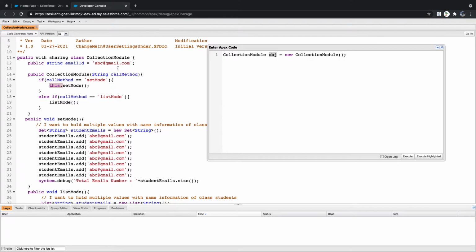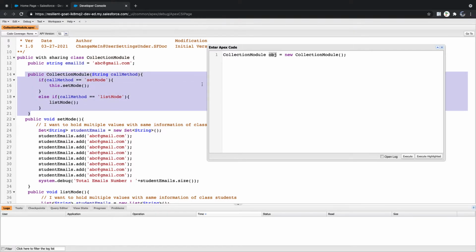While I'm calling, whether I have a default constructor, a no-argument constructor, or an argumented constructor, which one is true? Do I have a default constructor in this particular class? No, because as a user, I defined a constructor in this class.